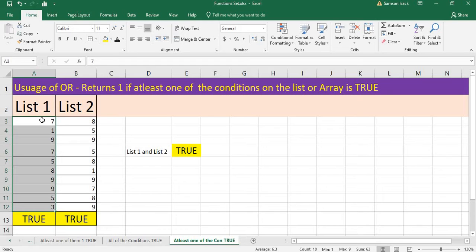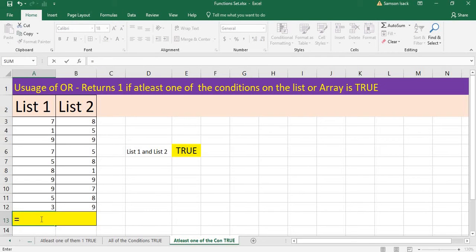Okay, so what I have here is a list of numbers. I want to check if at least one of the numbers in this list is less than 10. I want to return true. How to do that? Okay, I'll show you. First you need to write the OR function and apply the list and the condition. It is less than 10, if one of them is